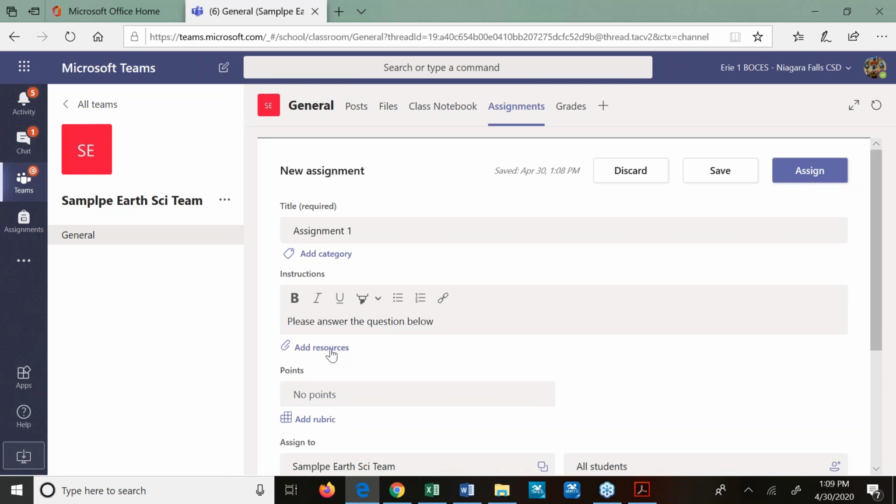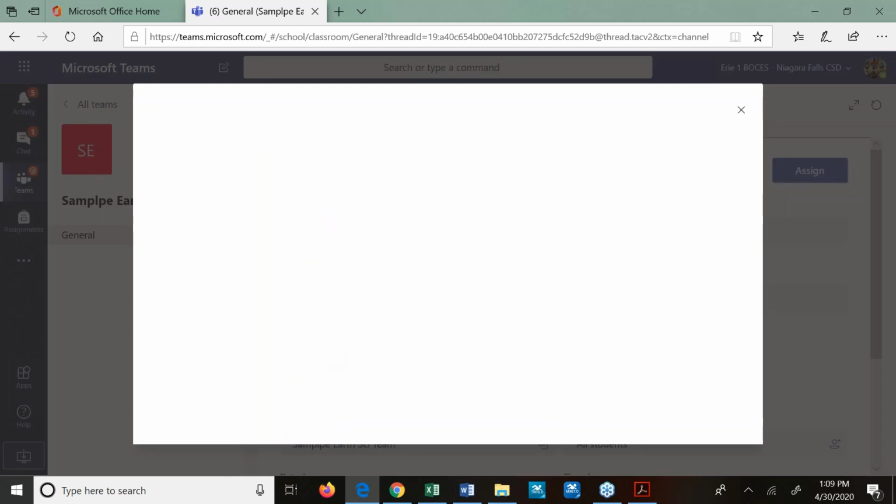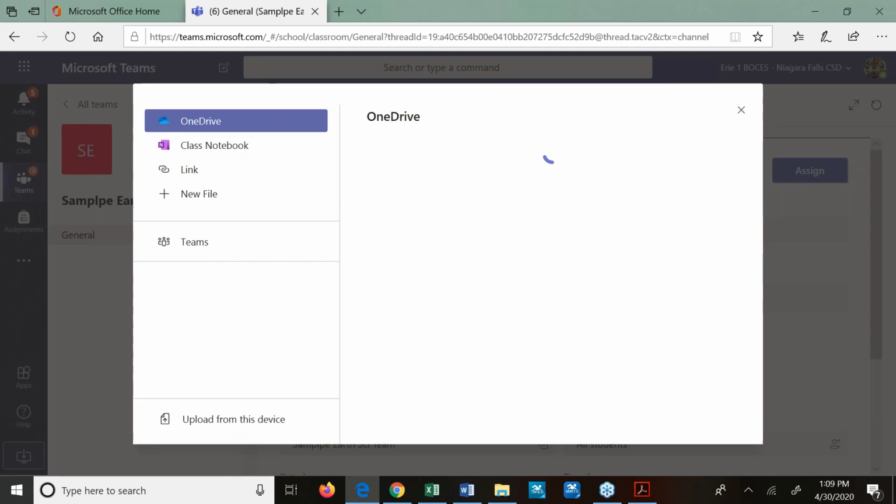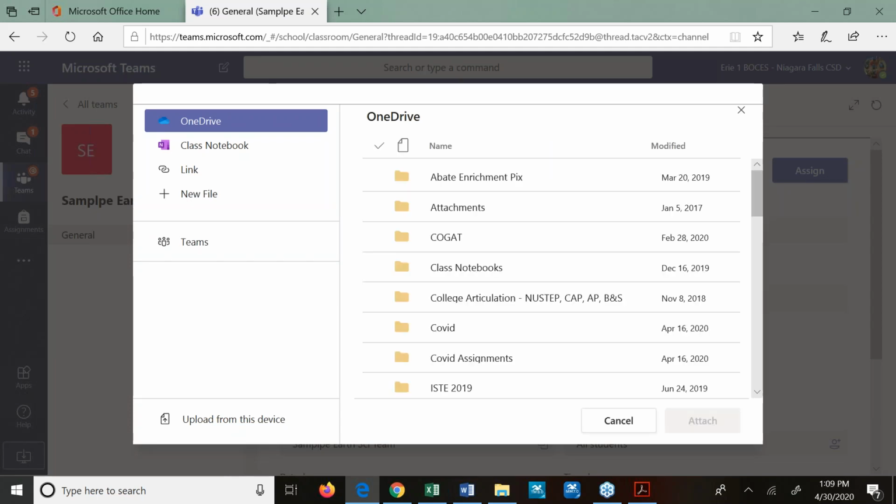Now, on the resources, or maybe in the directions, you might want to put: double click or click on the Word document, then click edit and edit in the browser. You might want to put that in your directions. Okay. So once I click on resources now,